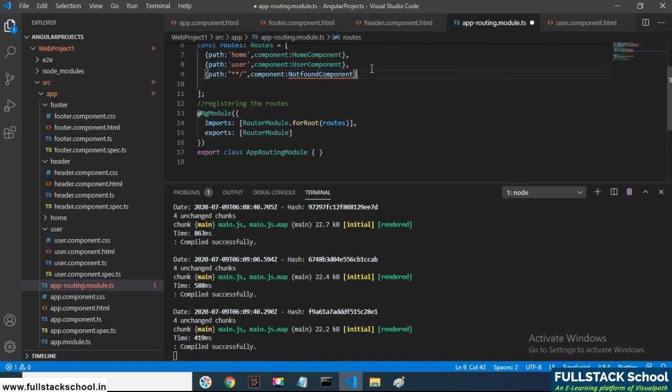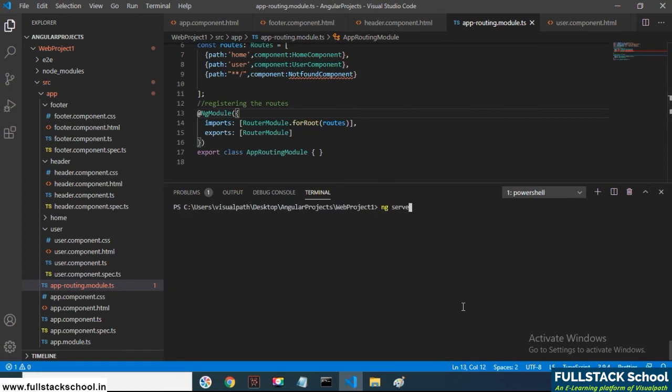Okay, this is a component which is not created. I need to create this component now. Go to the terminal. I want to create a not found component. We are creating a not found component.